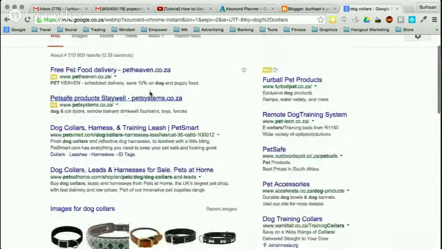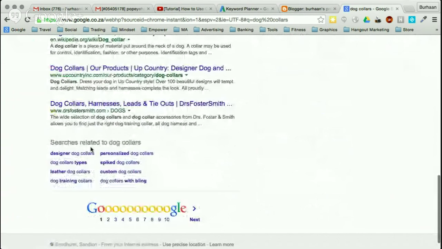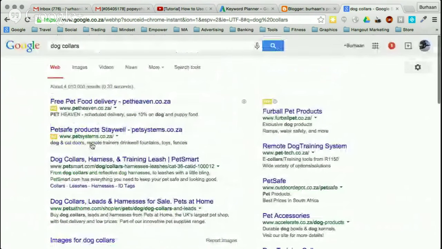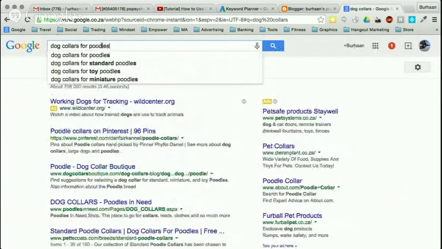The other way that you can look for keywords is if you look at searches related to dog collars. Google gives you tips in terms of, okay, these are the other keywords that people are searching for, and you'll find results. So these are obviously a bit more specific. So spiked dog collars, right? Leather dog collars. If we go dog collars for poodles,